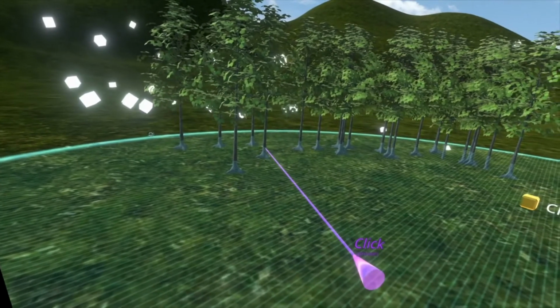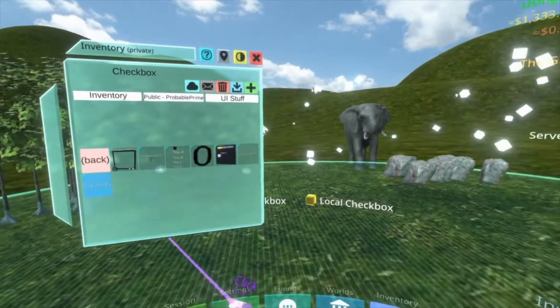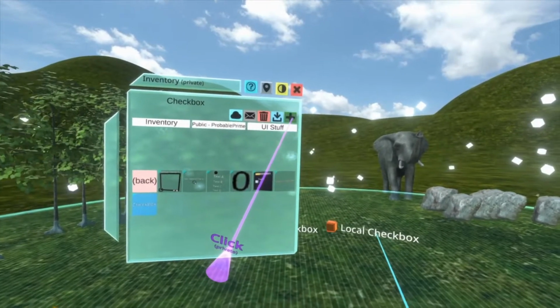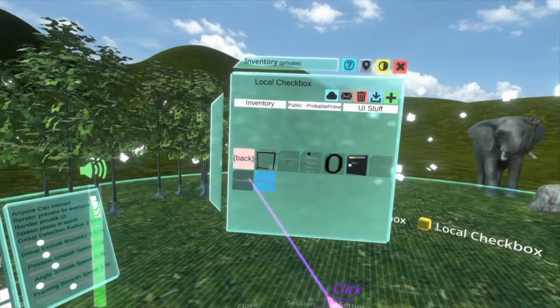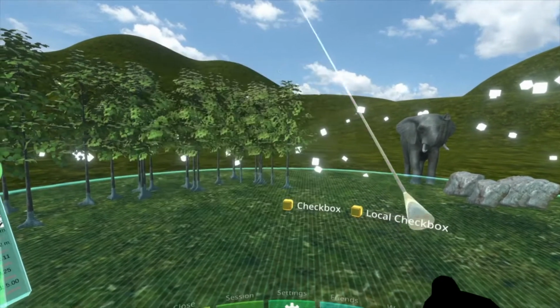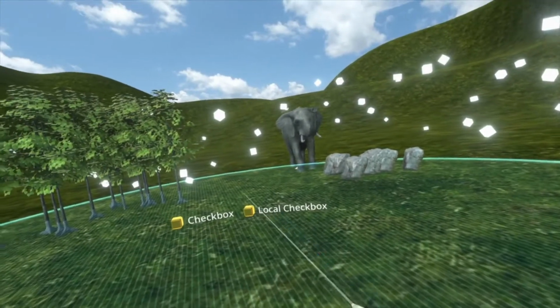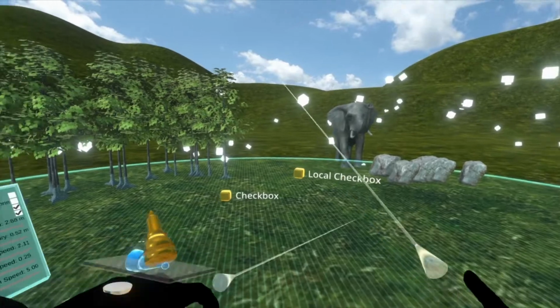Turn on private UI here. You'll see under my public folder in UI stuff, you'll see checkbox. Local checkbox will be there right now, actually. I forgot to save it. There it is there. So local checkbox if you want it to be local only, and checkbox if you want it to be non-local. Just double check I'm on private. I am. So what you want to do is spawn one of these in the world